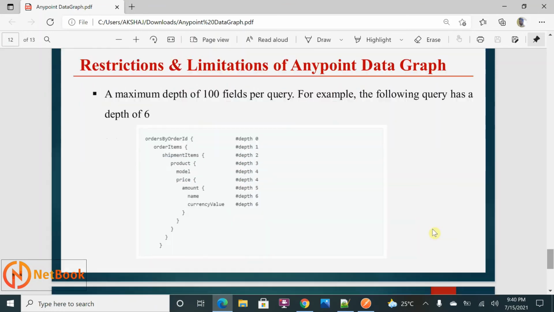And then a maximum depth of 100 fields per query. For example, the following query has a depth of 6. Over here, you can see the order by order ID, that is depth 0. Order items is depth 1. Like this, each opening brace adds a depth level, and you can use a maximum depth of 100 per query.